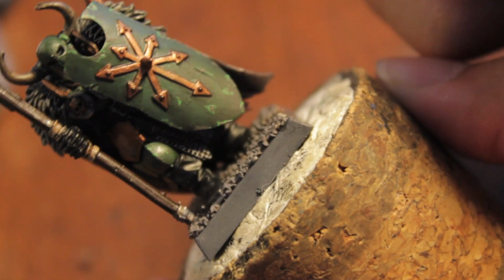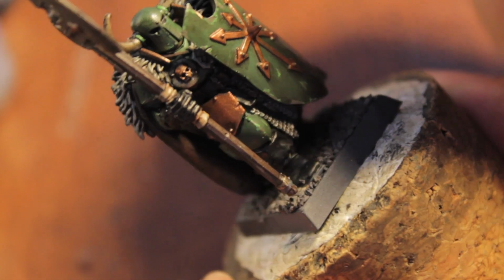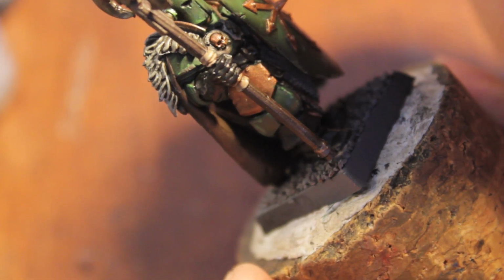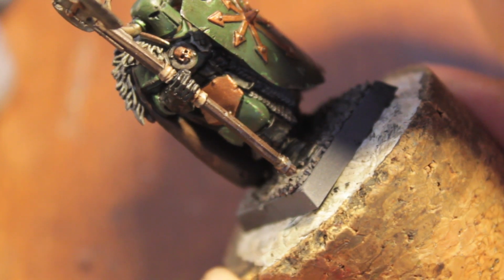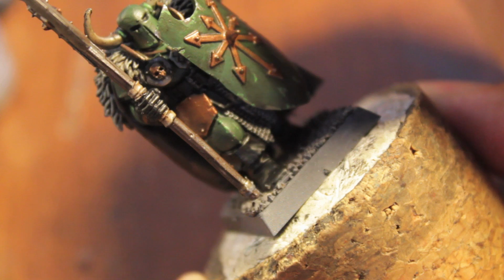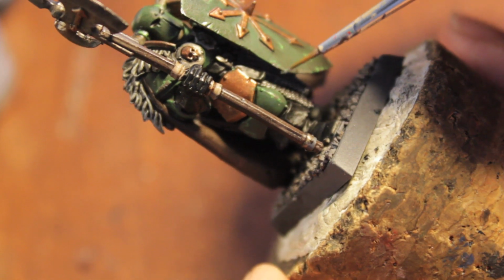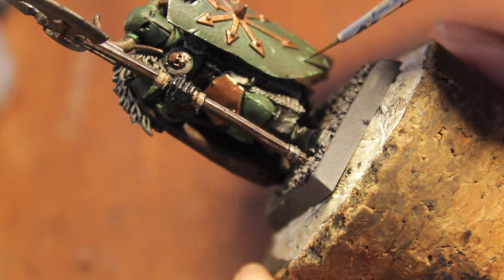You have your Caradon granite inside the rim of your green paint, and then you just add this mithril silver right in the middle of all that. So what it shows is the paint chipping away the border of that paint, and then this is the bare metal underneath. And the reason we're using a bright color like mithril silver, or more accurately chainmail, is because it is going to shine or pick up the light really effectively